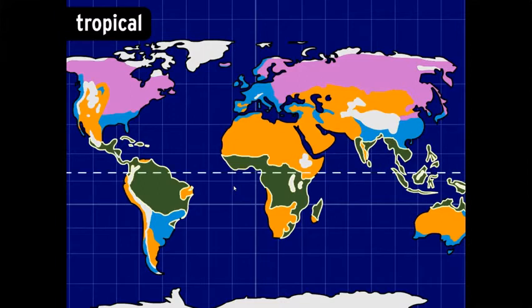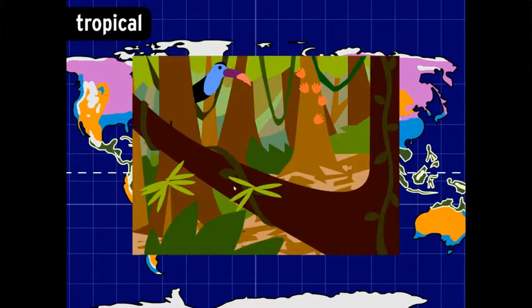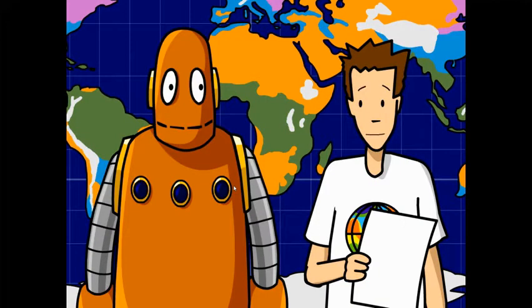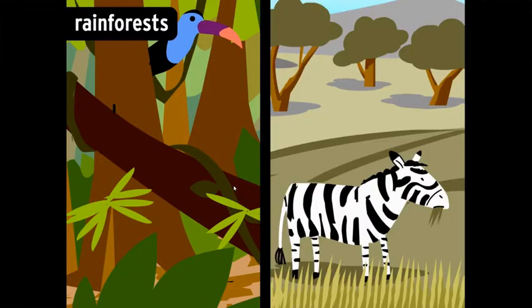Tropical climates are found close to the equator. They receive more sunlight than any other area, which means they're often very, very hot. In fact, temperatures in tropical areas average higher than 18 degrees Celsius, or 64 degrees Fahrenheit, every month. Actually, the major climate types are divided into subtypes too. Like tropical climates exist in places with lots of rainfall, such as rainforests, as well as drier areas like the